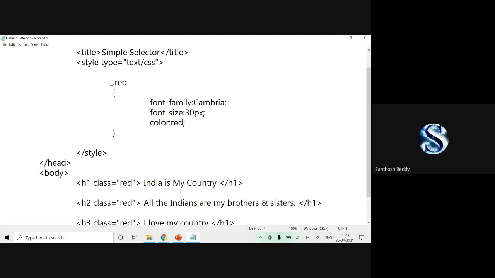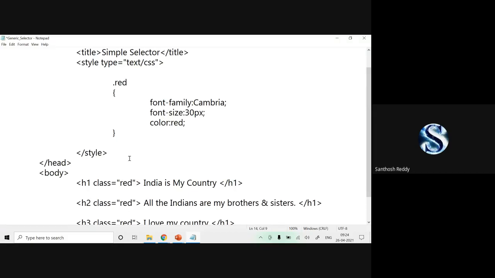Earlier we used the tag name here, but now when using generic, we should not use anything. It just starts with the dot and your class value, whatever value you represented here needs to be applied here.